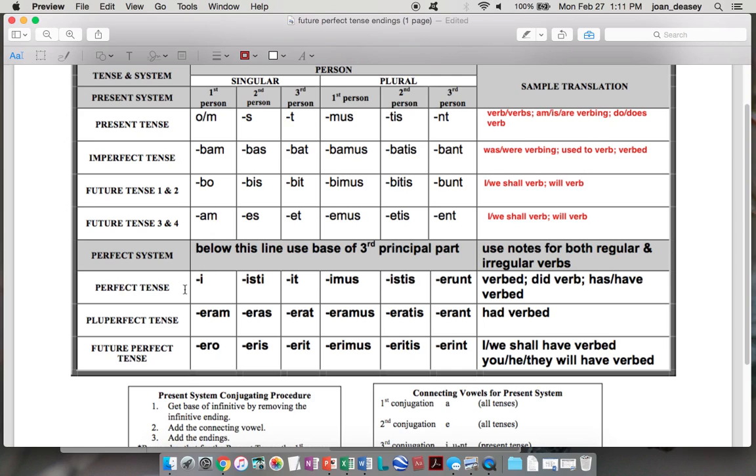E isti it, imus istis erunt, E isti it, imus istis erunt, E isti it, imus istis erunt is the